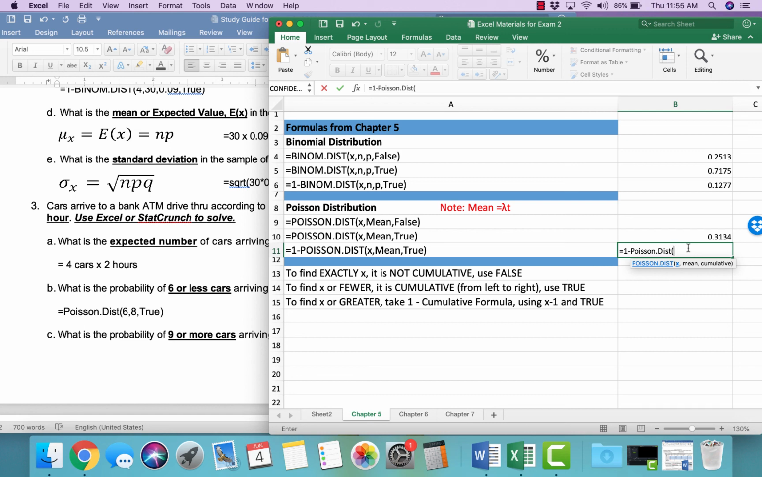Now the x here, since I want to know 9 or more cars, meaning I want to start counting at 9, 10, 11, and up, I need to subtract or get rid of the left side, starting at 8 and below. So I'm going to use 8 as my x, because that's the left side of the curve that I need to subtract, because I only care about 9 or more cars. The mean is still the 8 that we found in part A. So 4 times 2 gave us that 8, and then type in true, because it is cumulative. We'll go ahead and hit enter, and we get